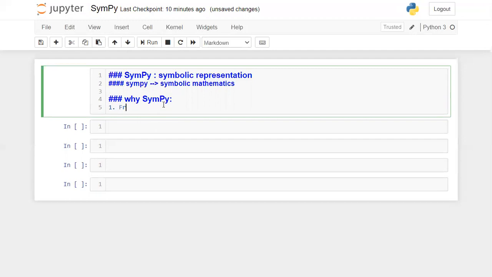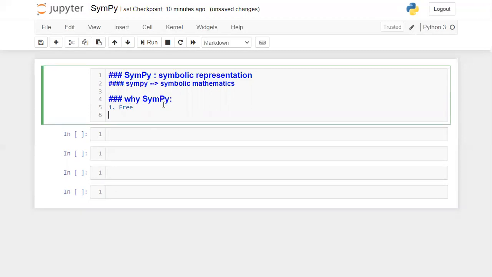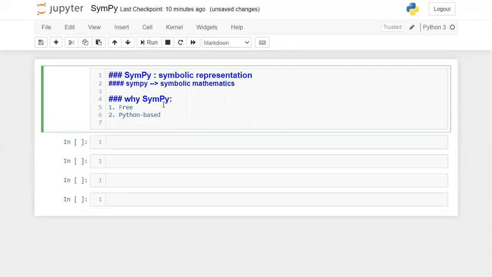It is available free of cost. Another thing is that all the functions you are using in this SymPy package are based on the Python programming language. Everything is built on Python. And another thing is it is lightweight.